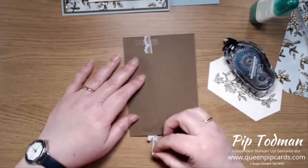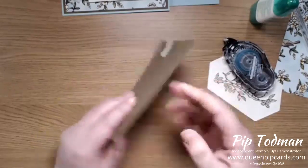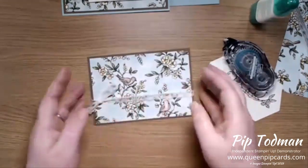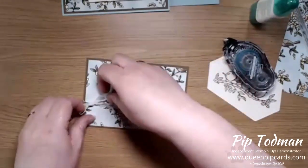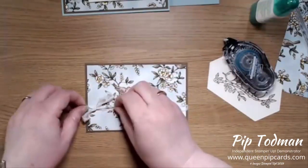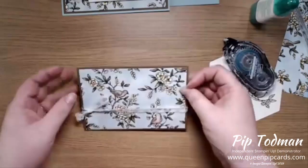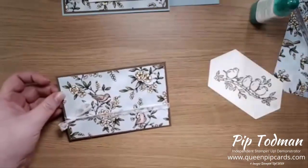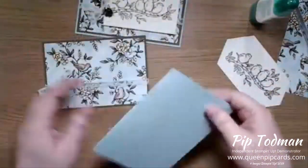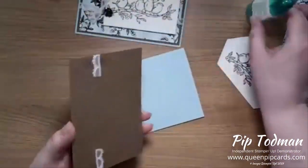Okay, so now we're going to pop that over there like that. Alrighty, so that's our ribbon on, and we're not going to see much of it, but we are going to see this nice pretty bow. And once it's on, you can tighten it a little bit just by pulling on the bow. So I think I'm going to put that down now. Let's put that down on this. I'm going to put it flat on here